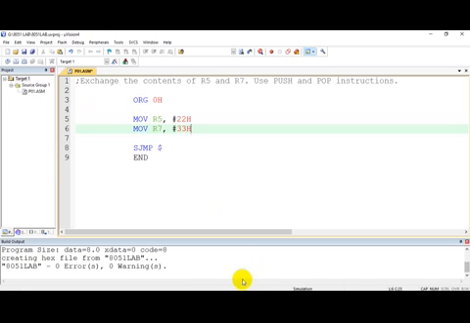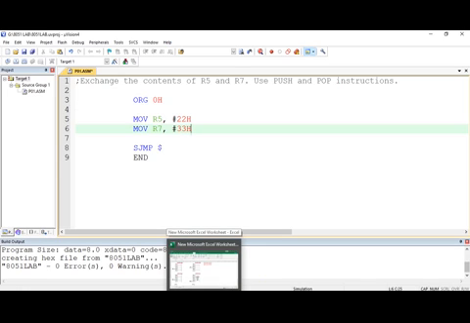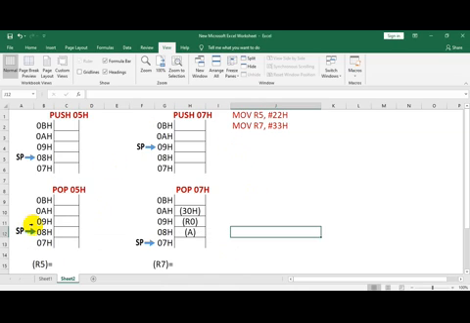Now let's understand how we can do this using push and pop instructions. Let us understand the logic. First we shall save the contents of register R5.